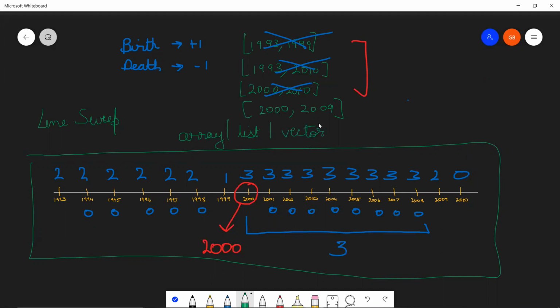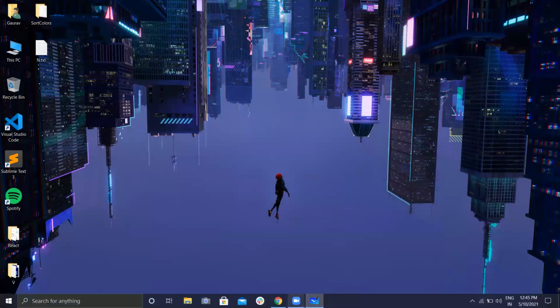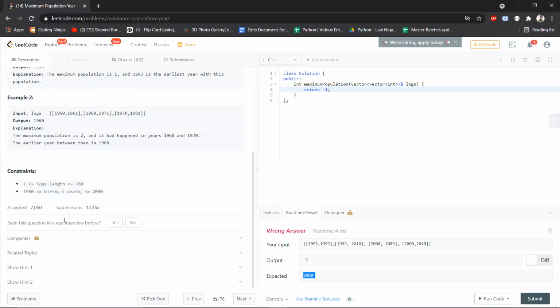Perfect. So just maintain a vector of, Asha, you do not even need to maintain a very long vector. It is given in the constraints of the question that years would be from 1950 to 2050 only. So that's it. Your initial index would represent 1950, final index would represent 2050. So if you want to, create a vector with 2050 indices, that's also okay. You can just maintain your answer from 1950 to 2050, or you can subtract 1950 and maintain from 0 till 2050 minus 1950, which can be also maintained.